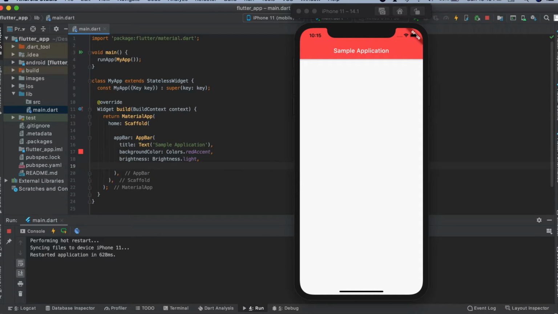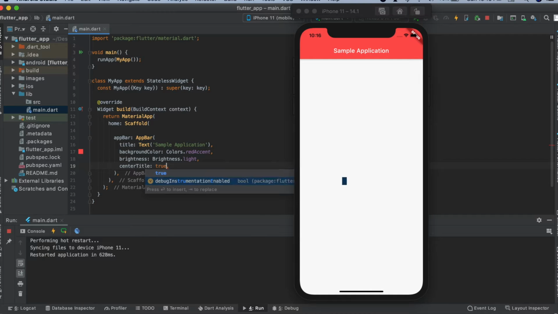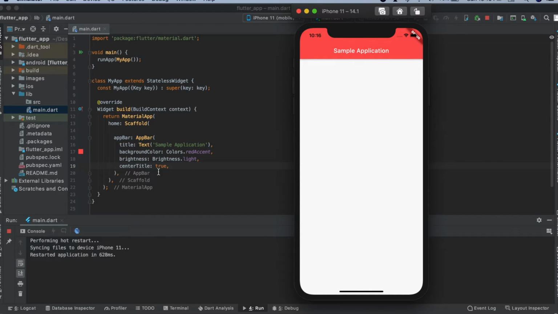So then we have the center title. One thing to note here is, while developing your Flutter applications, if we see the code for your iOS, then we'll see this sample application would appear in the center. But if we see your Android application, it will appear in the left side or somewhere. So to maintain that, so that both the applications have a center title, I'll keep it as true. So this is a boolean value I had to keep. So while keeping this center, the title will be centered in both of the applications, which is your Android and your iOS both.